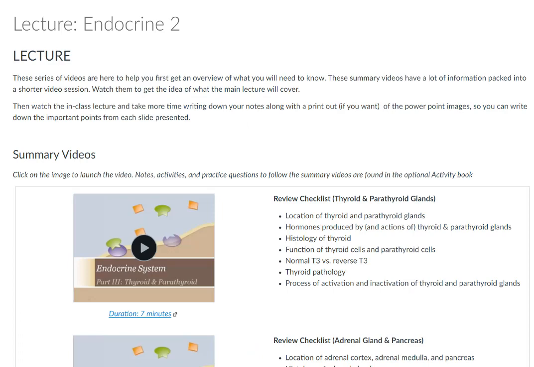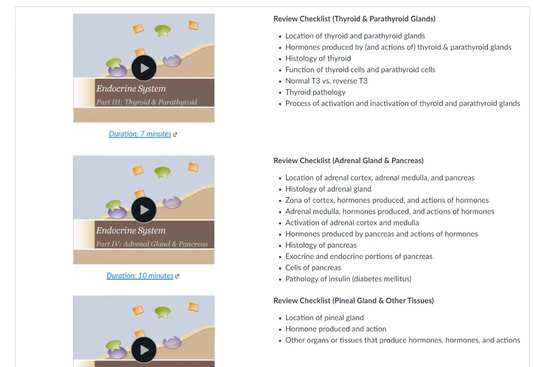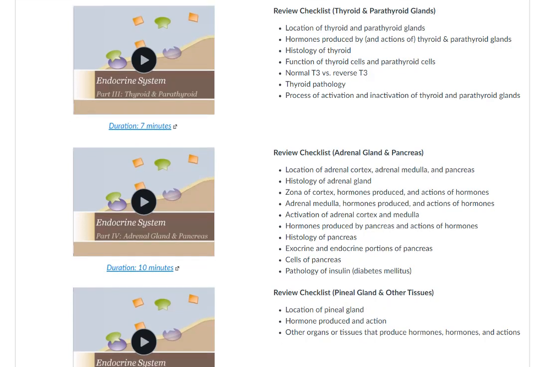Here we are on lecture page number 2. Again, we can see the review checklist for the thyroid, parathyroid glands, the adrenal gland, the pancreas, pineal gland, and other tissues. These are the checklists that you would want to review and go over. For every single gland, you're going to need to know the hormones that are secreted, the target of that hormone, or the action of that hormone. Or you're going to be given an action and you're going to need to name the hormone that's responsible. So for example,